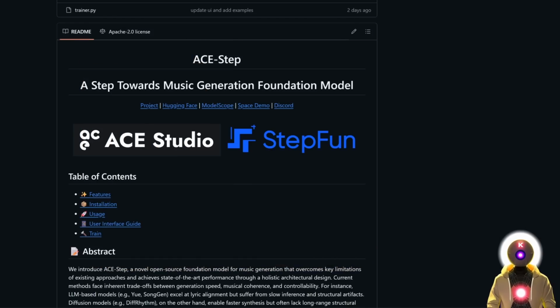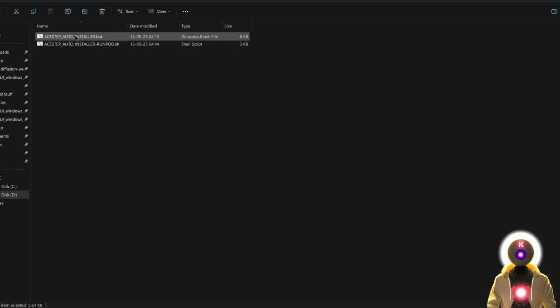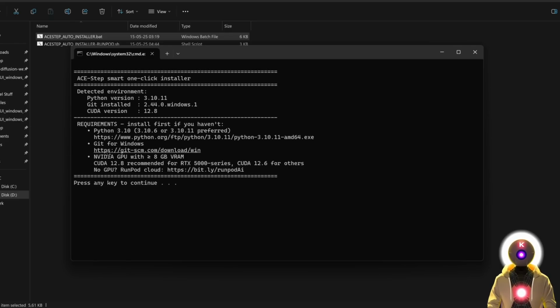And to install Ace Step, you have two ways. The first is of course by using the one-click installer that is available for my Patreon supporters. Just download the bat file onto your computer, then double click it. It will then show you all the requirements that you need for Ace Step to run, like the Python 3.10, Git for Windows, and an NVIDIA GPU with at least 8 GB of VRAM, as well as the correct CUDA